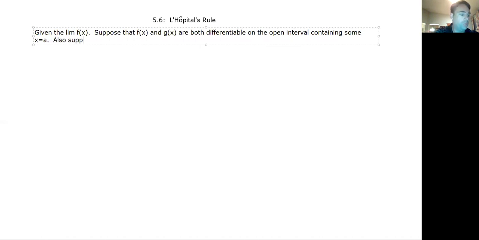Also suppose that the limit as x approaches a of f of x equals 0, and the limit as x approaches a of g of x equals 0, then L'Hôpital's rule states